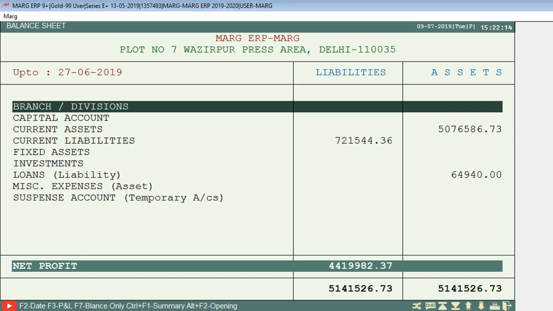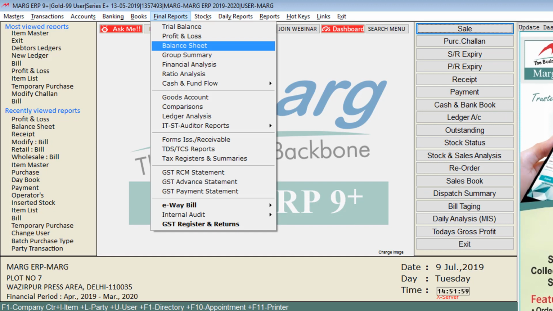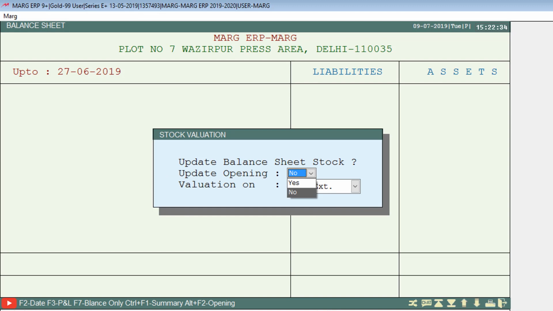Now press the escape key, so you will switch to the main window of the software. Now again go to the balance sheet option from the Final Reports menu. Now is all days. If you want to view the stock value of all days on the balance sheet, then select all days. Then again this stock valuation window will appear, in which the software will ask you whether you want to update the opening or not.